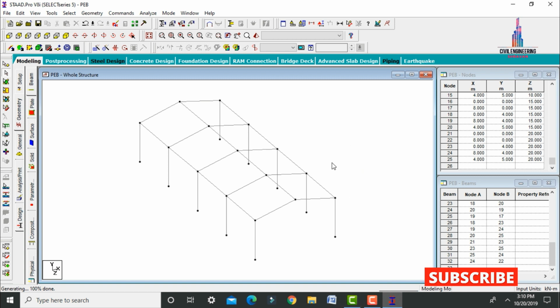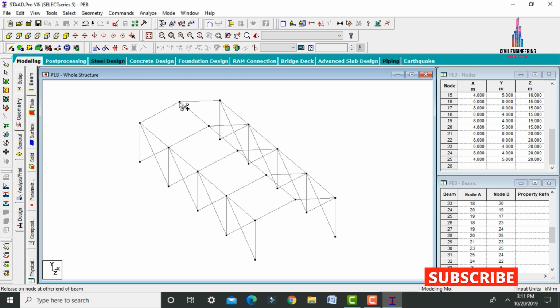After that we have to add the bracings for this model. For that select the add beam command, select the first point here, connect to the next point. Again in the same way we have to connect these points here. Here I am selecting first point, second point, first point, second point, and then I am connecting the bracings for the left hand side section like this. After that we have to connect the bracings to the right hand side section also. Here I am connecting the bracings for the right hand side section also.